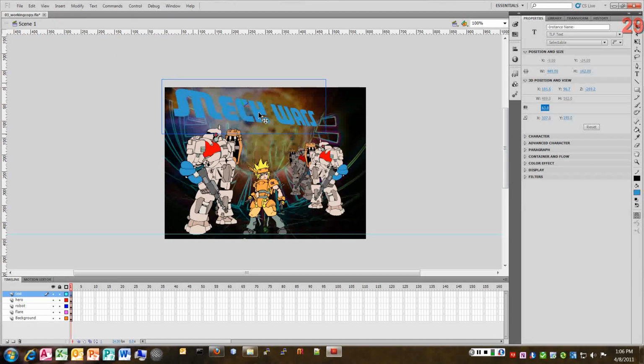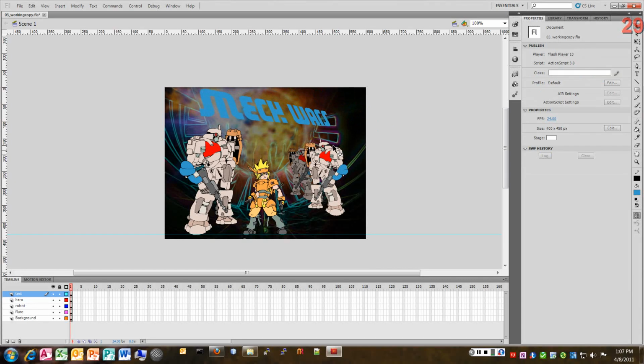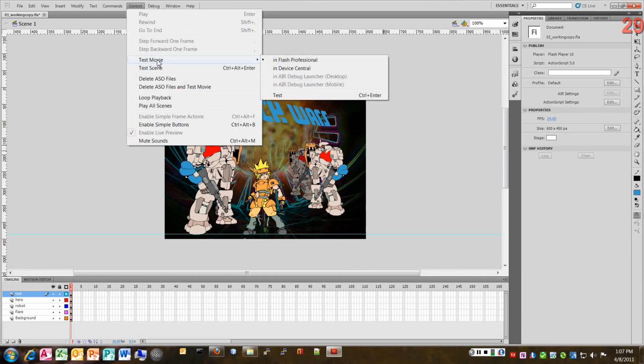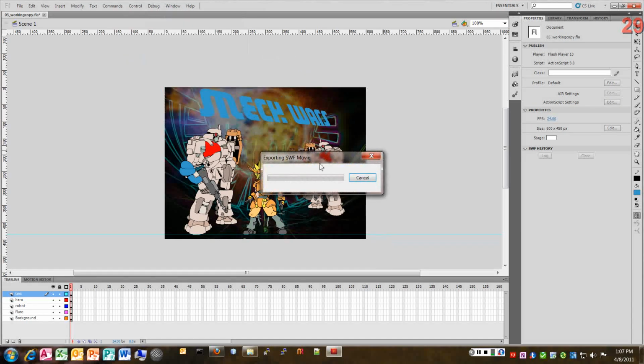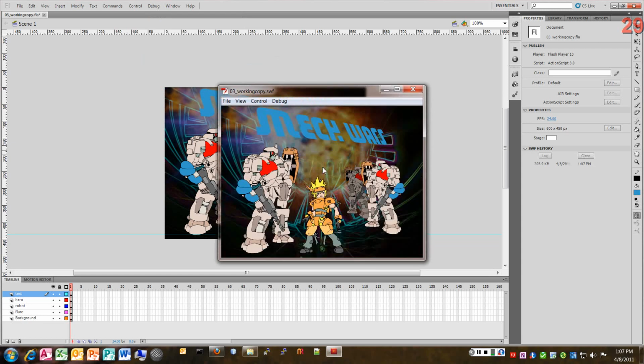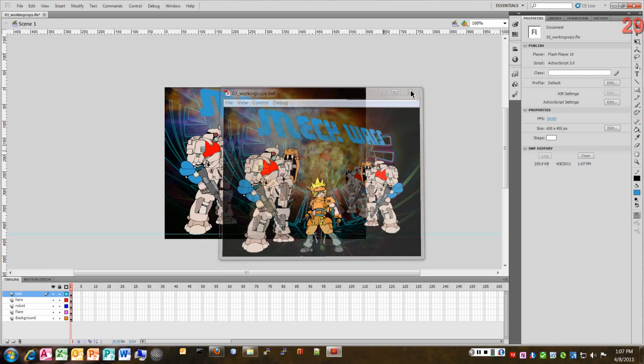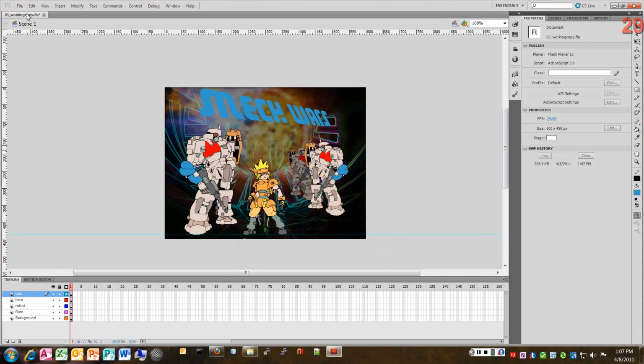Position pretty good, and move him over here so he's a little more in the center of the screen. There we go. Got our Mech Wars and our symbols on the screen. We can save that and test it. So just to test the movie, always a good idea. And remember, every time we test it, it creates the SWF file for me, and this is close to what their final version is. And again, remember, what I want is the FLA file because that has all these settings and all your layers in it. So remember to save that